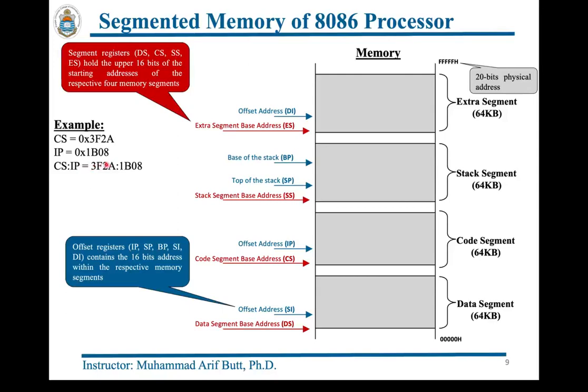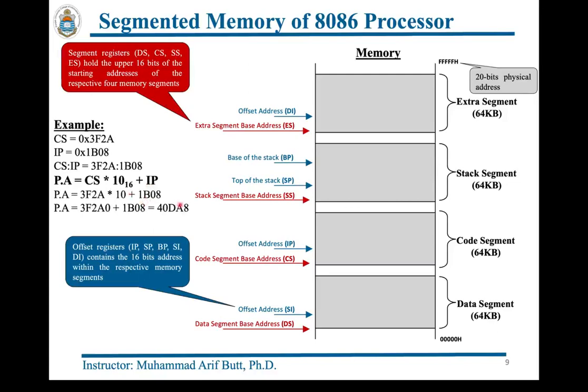So this is the formula that does all the magic, and we know that all the segment registers contain the upper 16 bits of the base address of the respective segment. So we multiply it with 10 hex, or place 4 zeros on the right by left shifting the contents of the segment register by 4, and then we add the 16-bit offset, which in this example is the contents of the IP register. So this is how we get the 20-bit physical address,